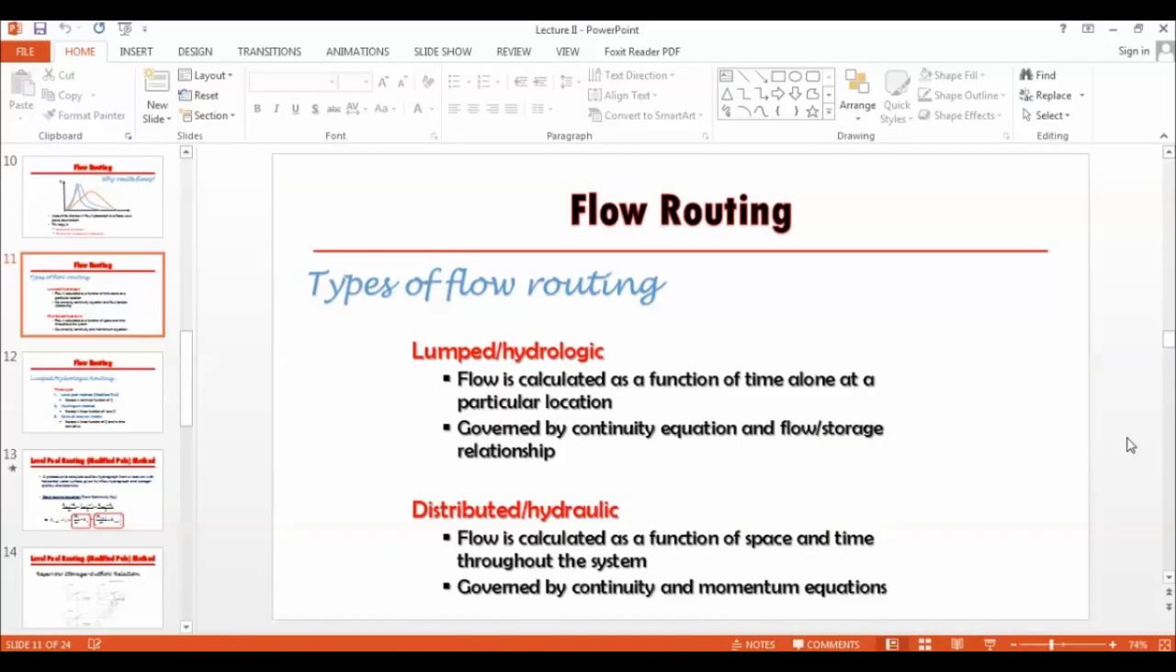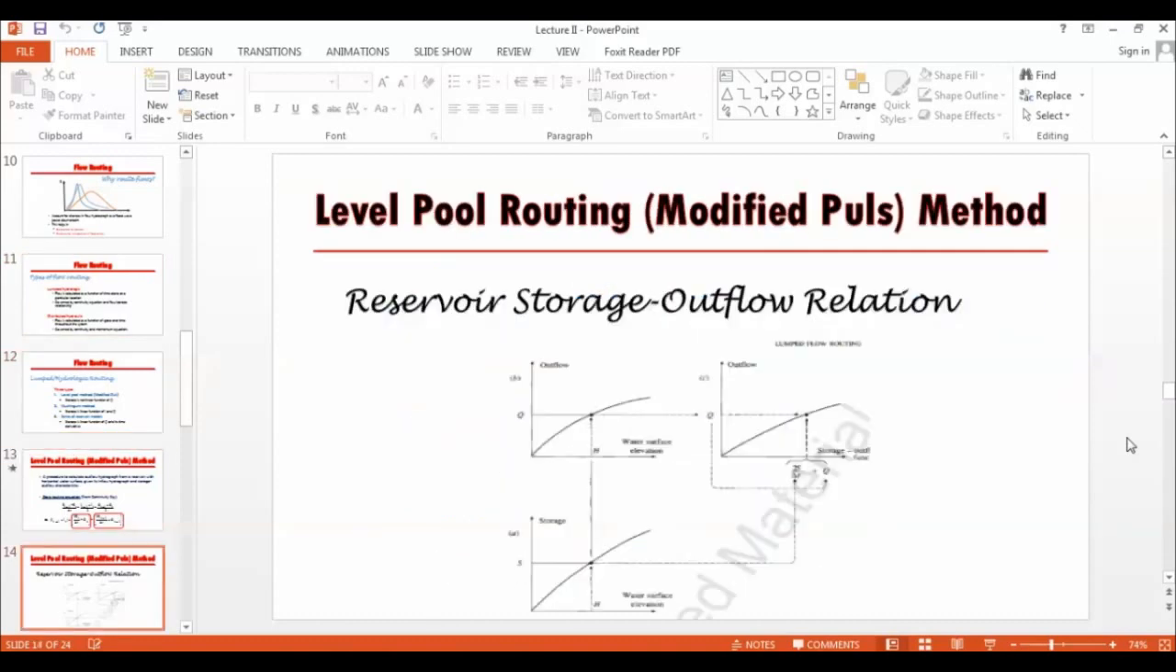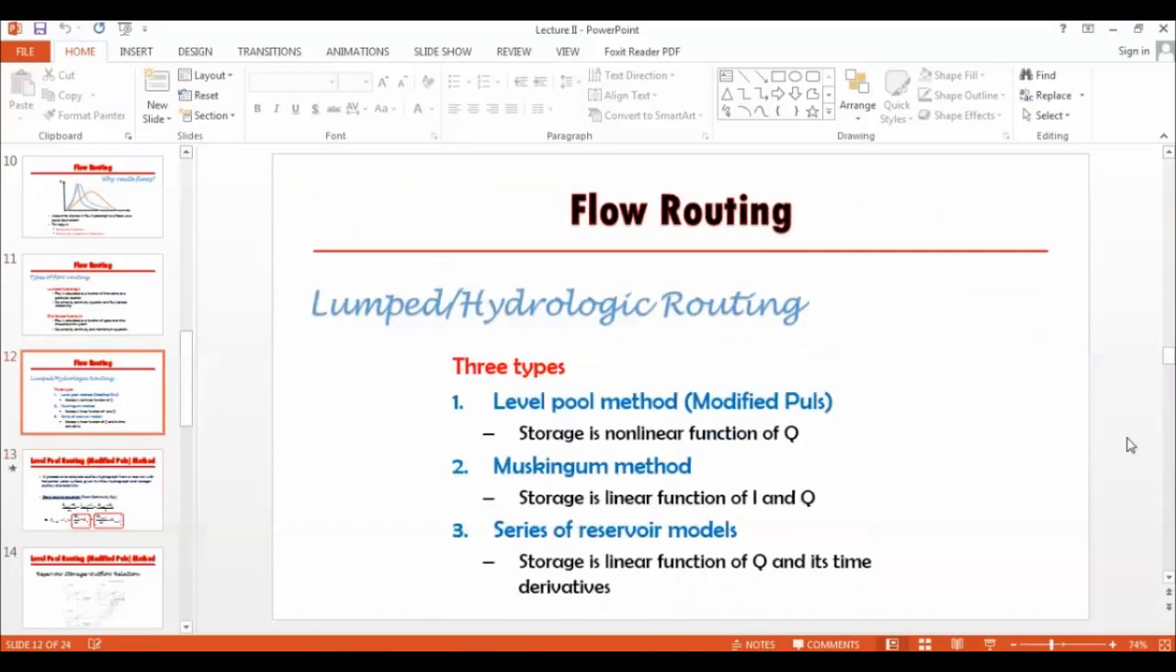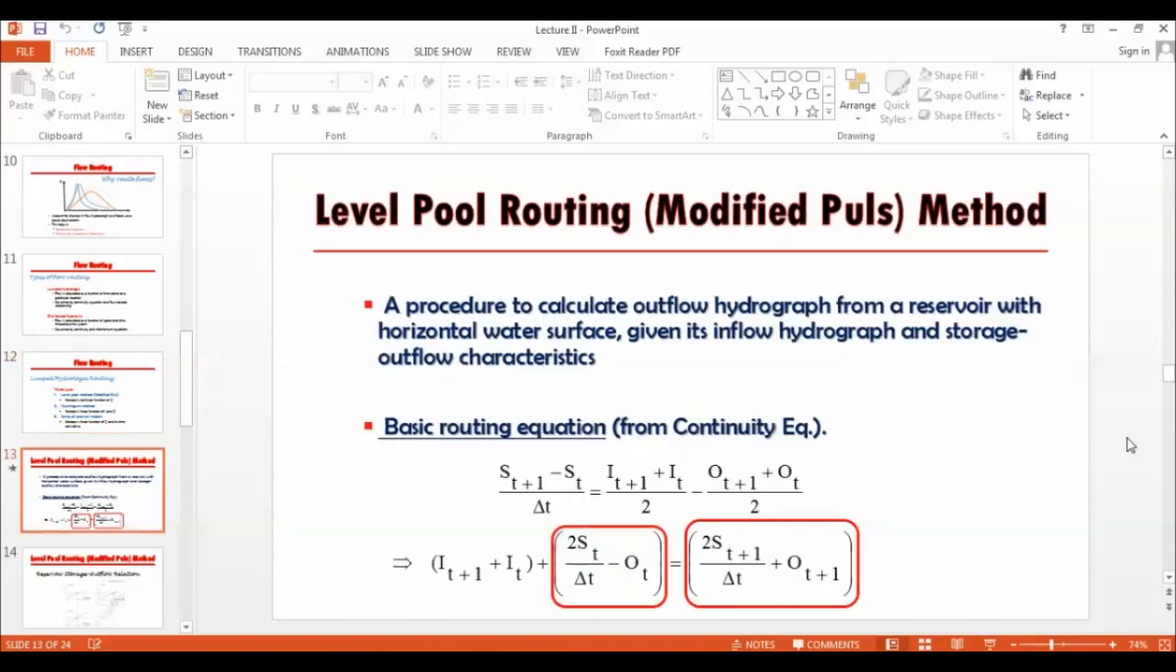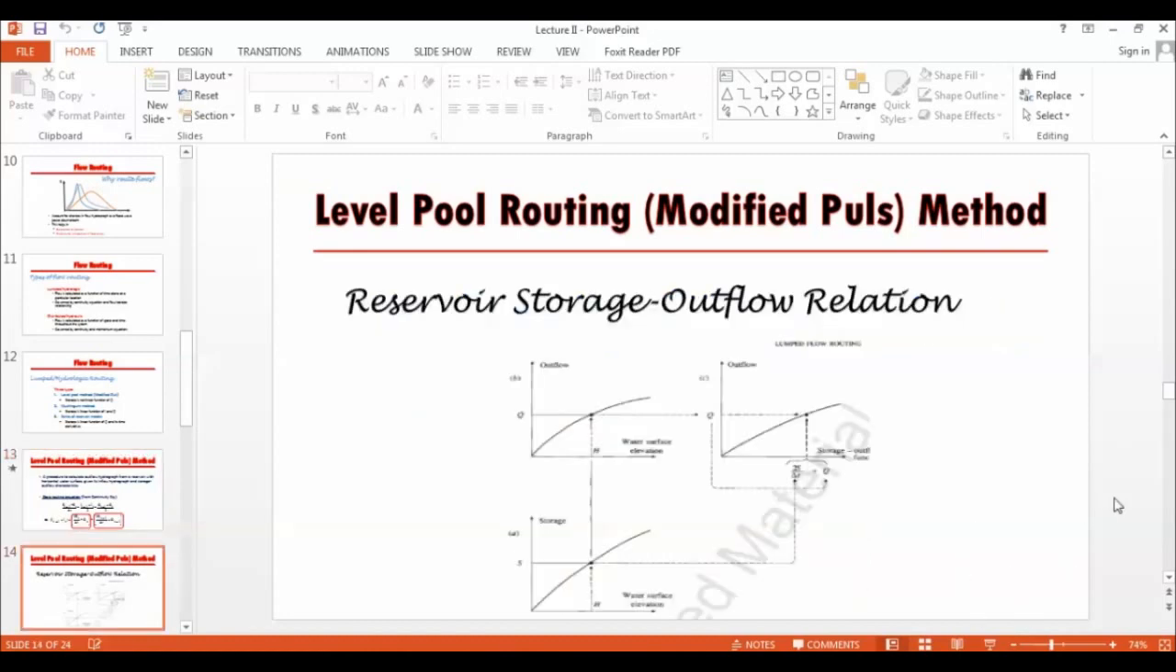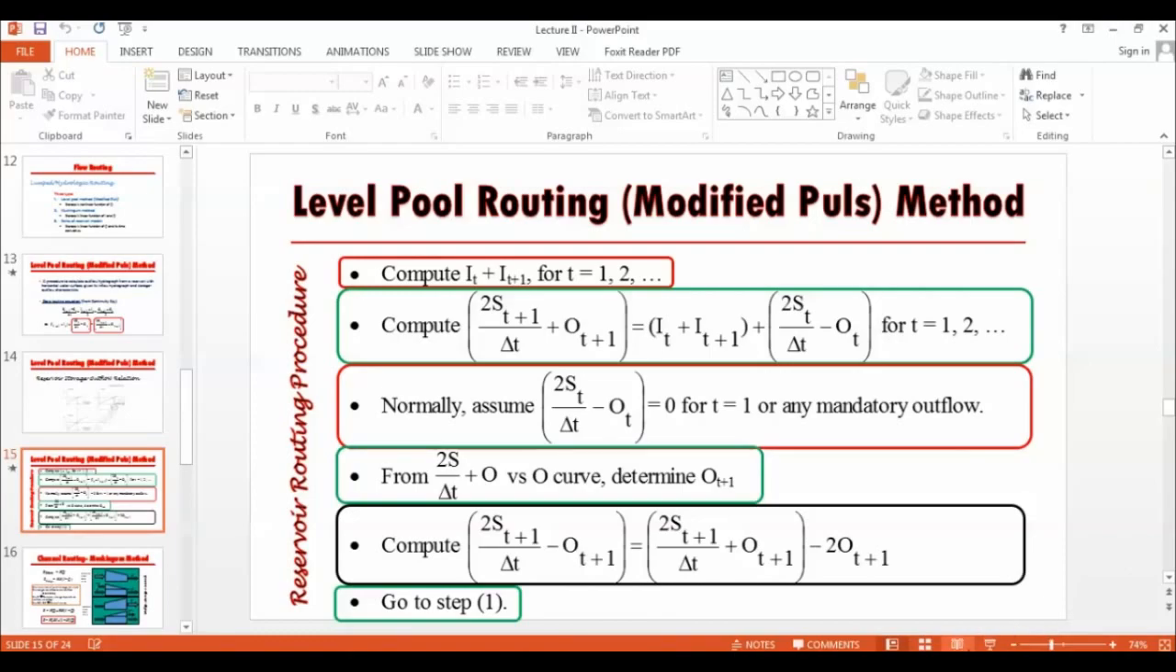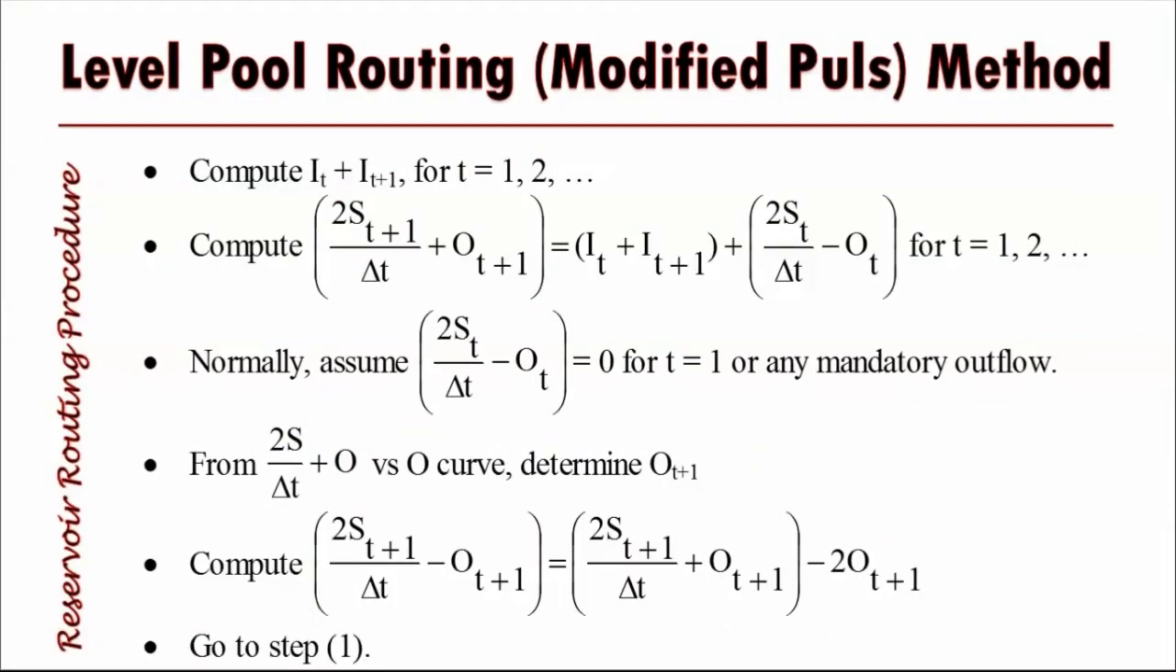One is the hydrologic routing, and the other is distributed or hydraulic routing. So the one we are going to see is the hydrologic routing, and specifically we are going to see the reservoir routing. So this is the general continuity equation for the reservoir routing, and the procedure we use to do the reservoir